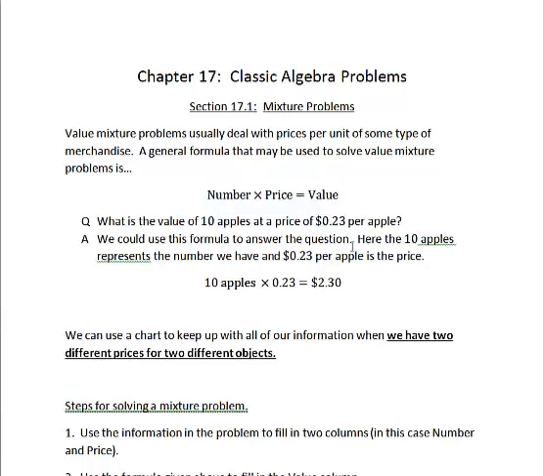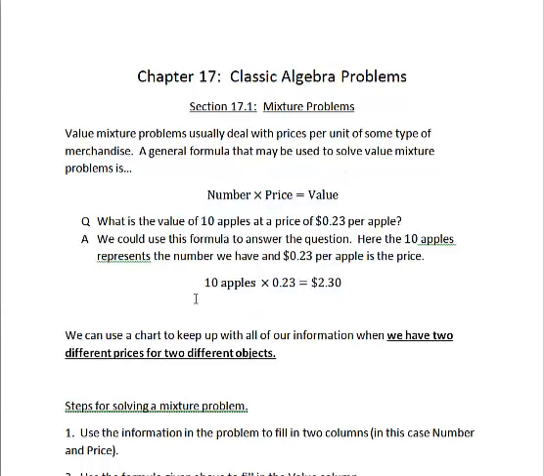Okay, well, 10 represents the number of apples bought. 23 cents represents the price of each apple, and if we multiply the number times the price, we have 10 times 23 cents, and for the value we get $2.30. Okay, so this is just a straightforward application of the formula,